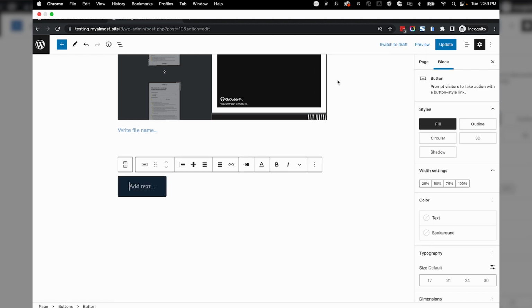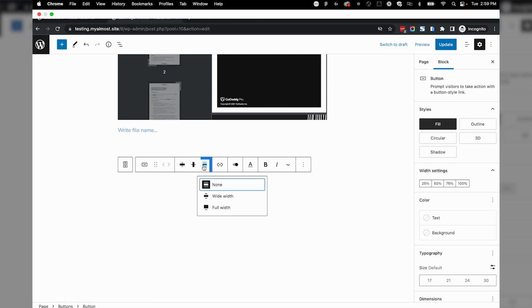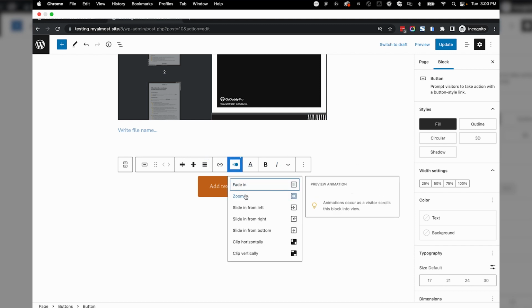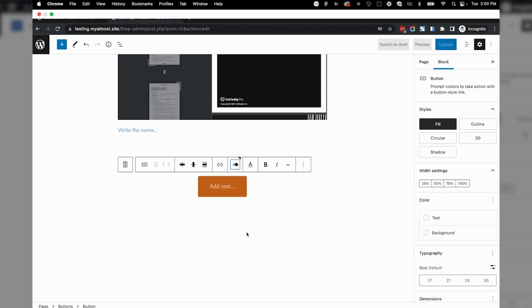We have a ton of options when this block is selected. Above the block, we can adjust the alignment, spacing, and size of the button. You can add a little animation if we want. On the right side panel, there are more options for button colors and shapes. It's fully customizable, so make the button however you want. I'm going to leave it as default and type in my text, Contact Us.